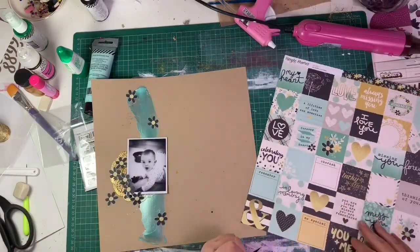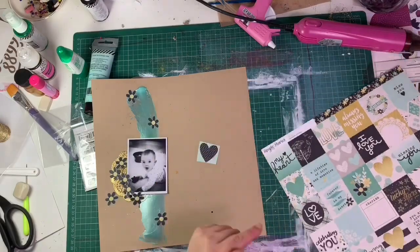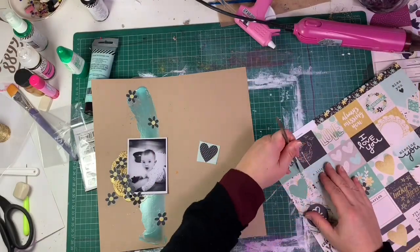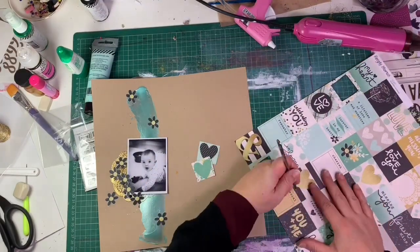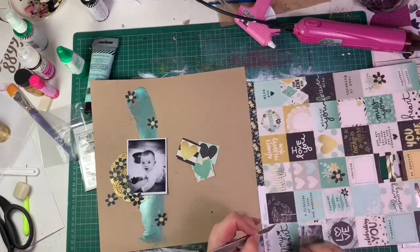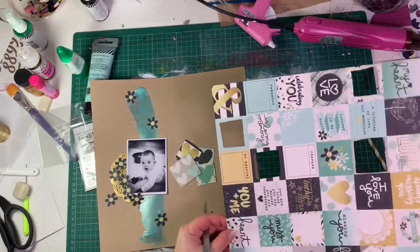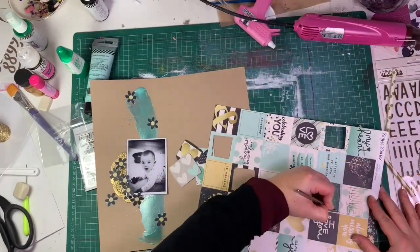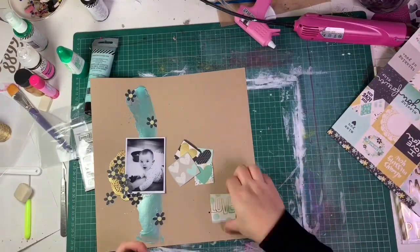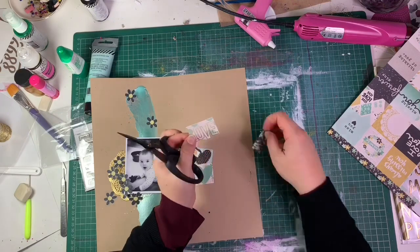Starting to play around with the flowers, try to place them, and I decided to use the hearts that are present in the other sheet. So as you can see, I'm doing the same technique. I'm cutting off with my craft knife the layered hearts so that I don't destroy the sheet completely. And same, fussy cutting all the layered hearts